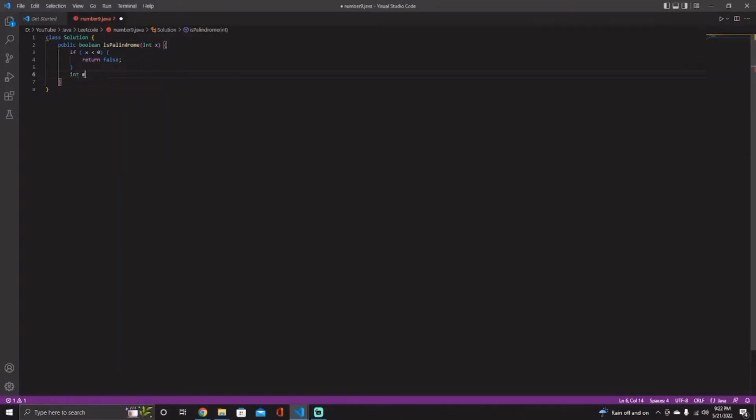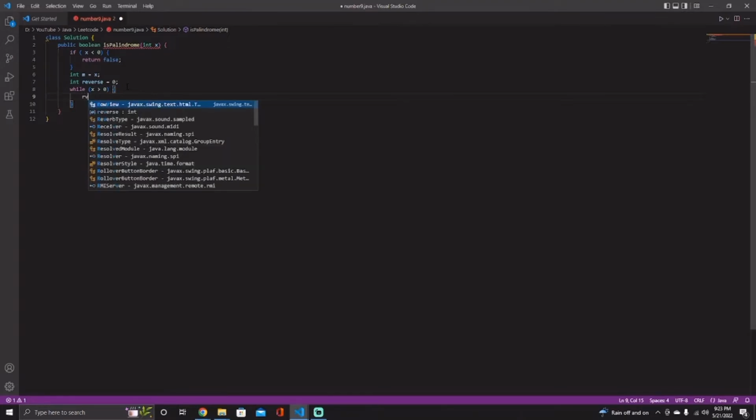Now all we're going to do is create the integers, which I'm going to do int m. You can really name it anything other than x, but I'm going to make m equal x, and then int reverse equals 0. Now all we have to do is create a while loop: while x is greater than 0, we're going to recreate what reverse is. So reverse